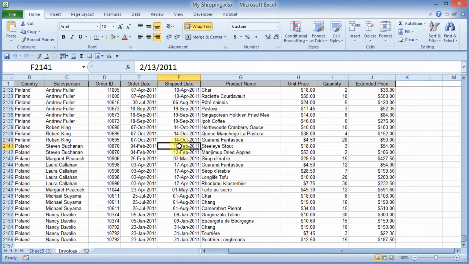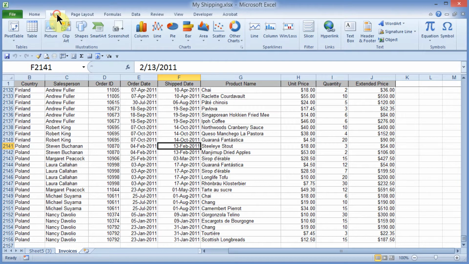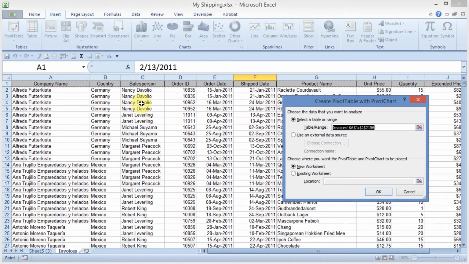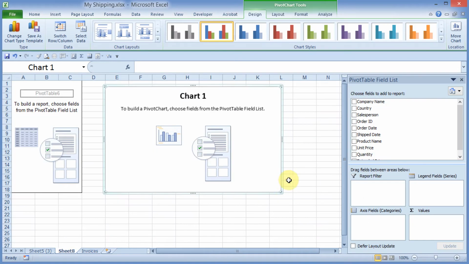I'm going to click in the middle of my data that I'd like to work with. I'm going to come out here to the Insert tab, and from the Pivot Table button under Tables, I'm going to go ahead and choose Pivot Chart. It selects the data for my table. I'm going to dump this on a new worksheet. I'll click OK, and just like before, we see a brand new pivot table. We see our field list on the right, and also have a brand new chart over here in the middle